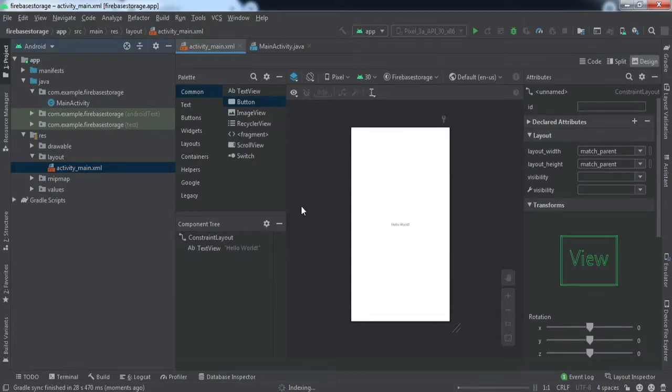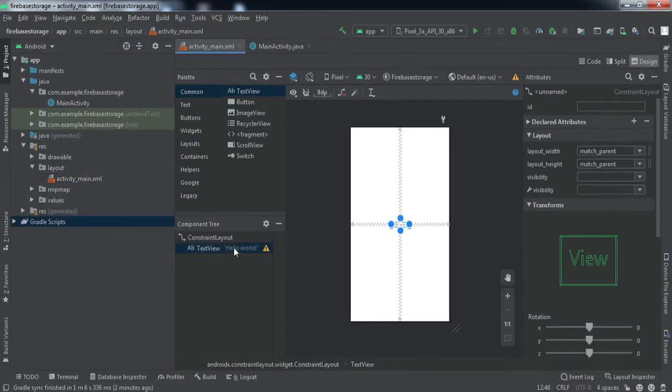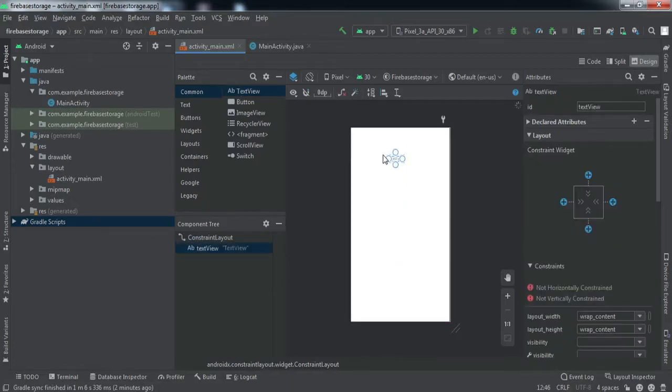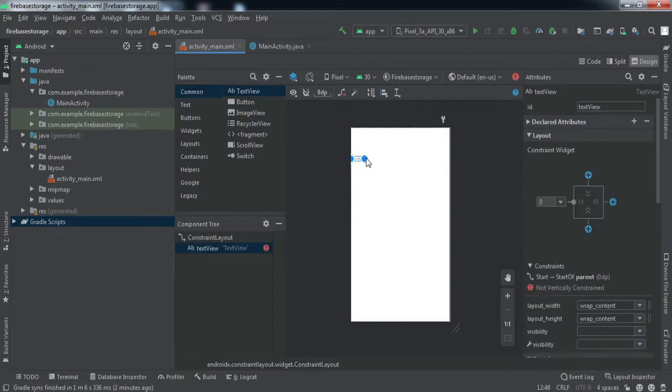So now first we'll design the front end part, right? So let me quickly delete this. So let me import a text view. Let's change it to the parent.